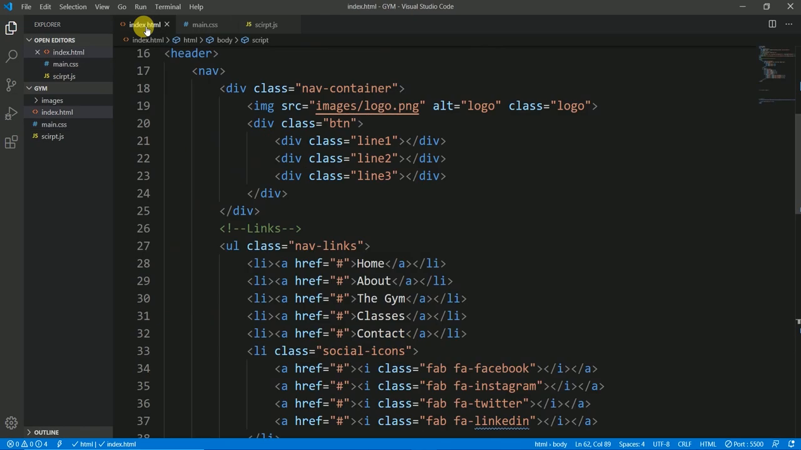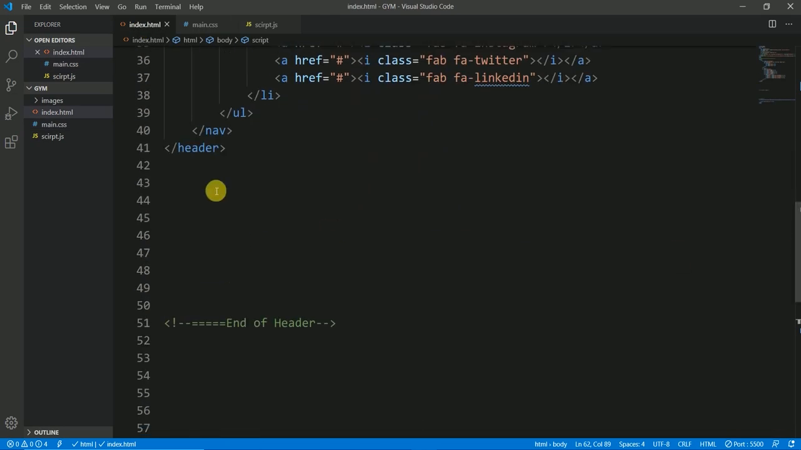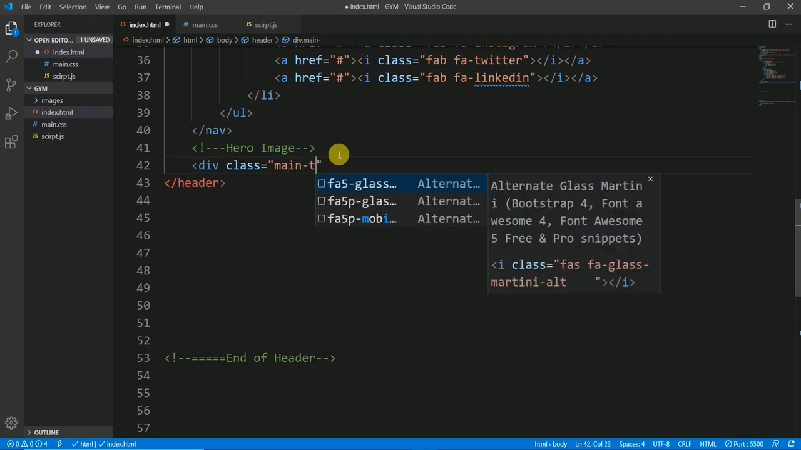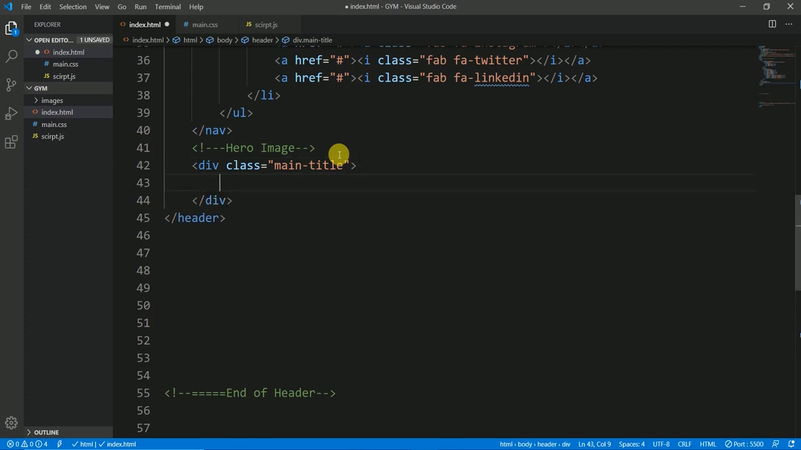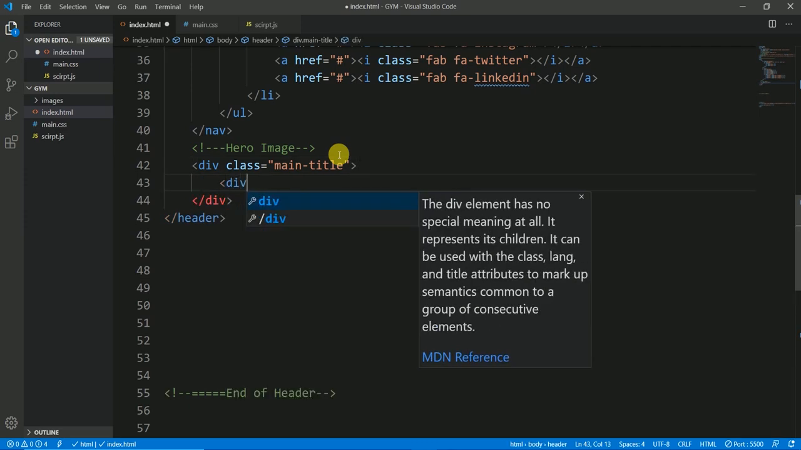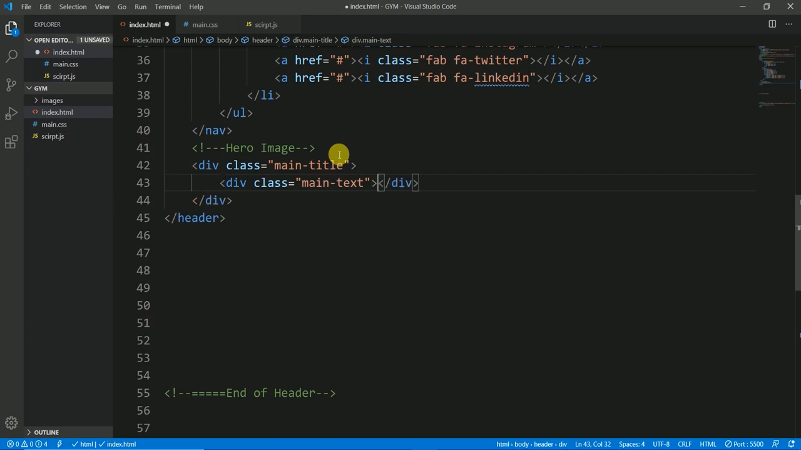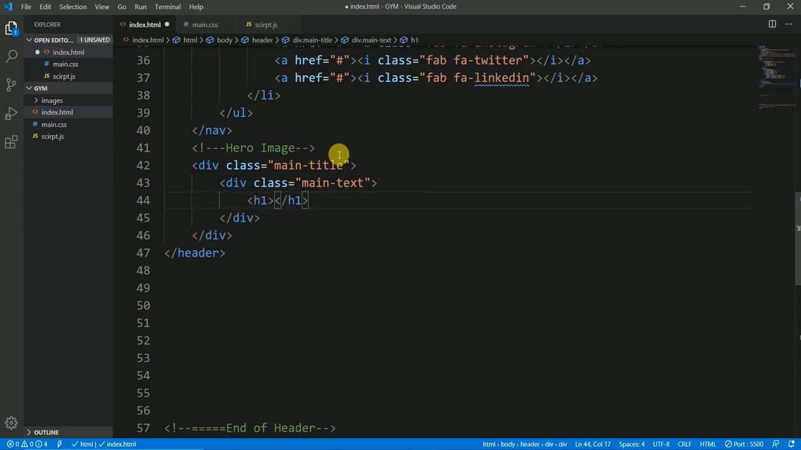Let's not talk much and go back to our index section, and here I want to go with the hero image. Okay, so let me prepare the markup for the hero image. So let's say hero image, and here I want to have a div and a class, main title, and I want to have another div, and the class of this would be main text, and I want to go with the heading 1,